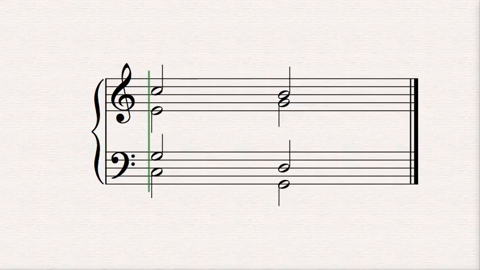Let's go back to this poorly written, or purposely poorly written, example that showed you the parallel fifths that happen between the tenor and the bass line, to talk a little bit about contrary fifths. Even though it doesn't move in similar motion, it's no longer moving in parallel motion, but you still have a similar effect. So if you were to take this lower note, this bass note C, you keep the C, but you